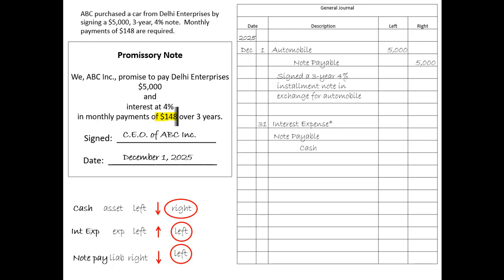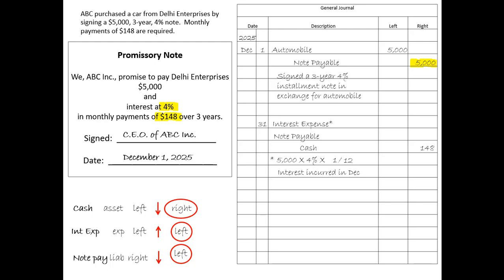We already know the amount we have to pay. The promissory note said that we have to pay $148 every month, but we'll have to calculate our interest expense. We'll use the interest formula, principal times rate times time. The principal amount is what we owe, $5,000, and the interest rate comes from the promissory note, 4%. But the 4% is an annual rate, and we only incurred interest for 1 month. So our time factor is 1/12, 1 out of 12 months in a year. Our interest expense is